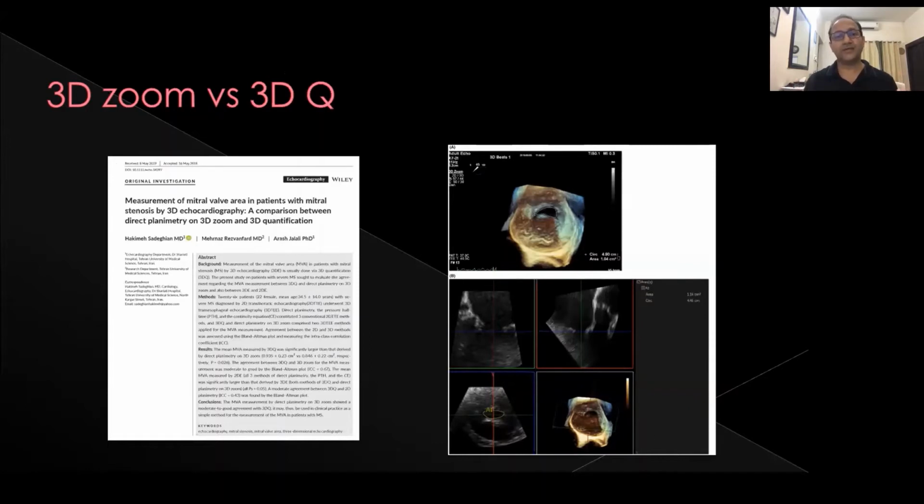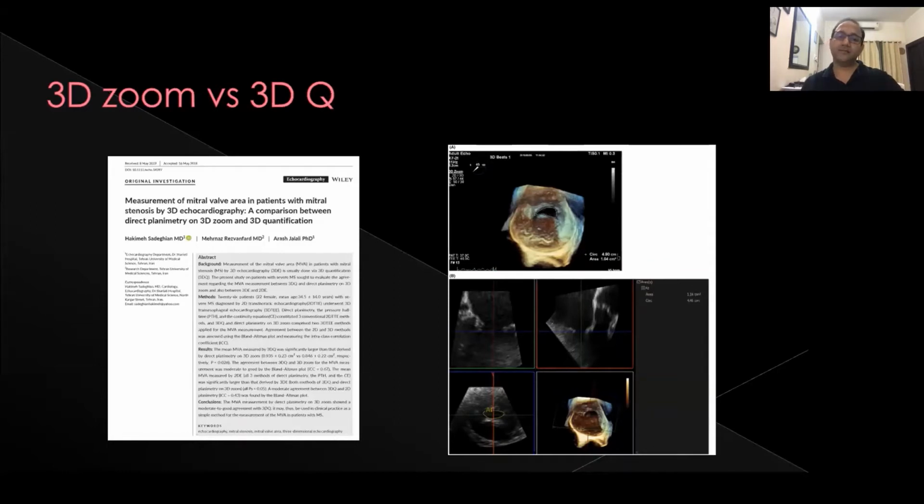So is there a paper which says that whatever you are seeing on your screen when you make a 3D image and zoom it, if I just planimeter the zoomed view of the mitral valve rather than going for 3D quantification with MPR, there is actually a paper which says that the direct planimetry of 3D zoom showed a moderate to good agreement with 3D quantification. So I think in future we would probably start including 3D mitral valve area by planimetry as well in our,